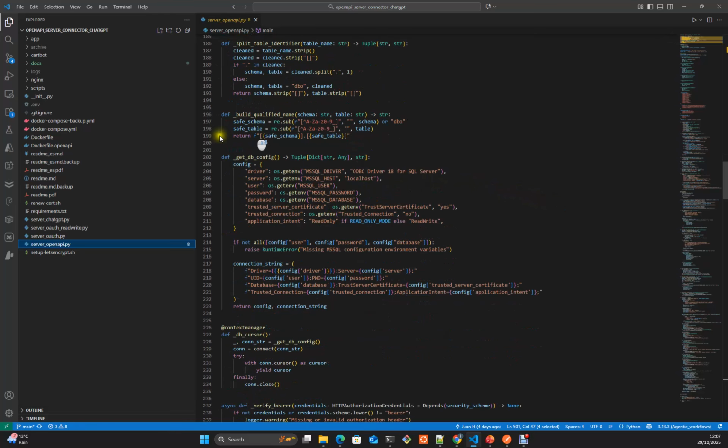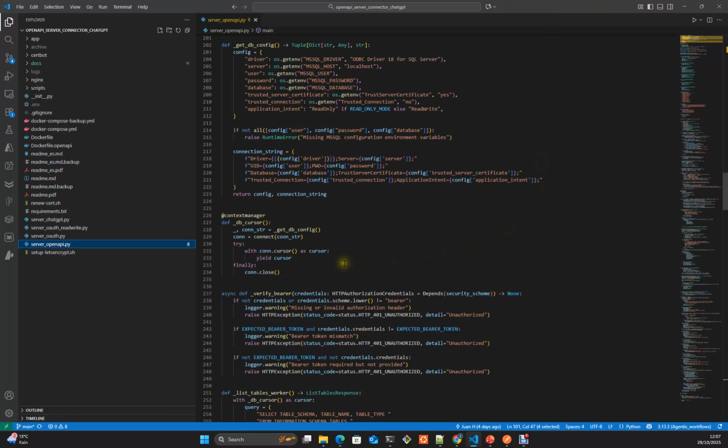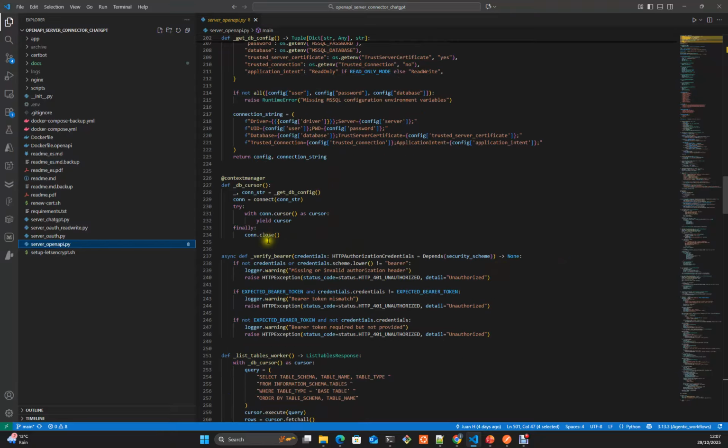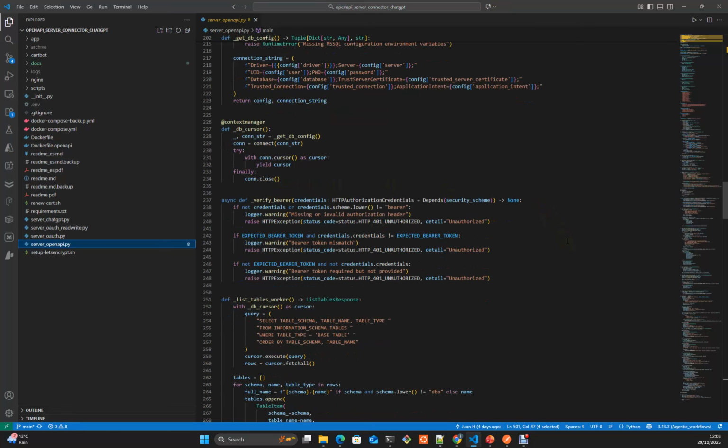This is the get dbconfig to connect to the database. Here the context manager, this is the connection to the database with the configuration. We use dbconfig and we connect to the database and we get our connection, and our cursor to be iterated through the different tables.